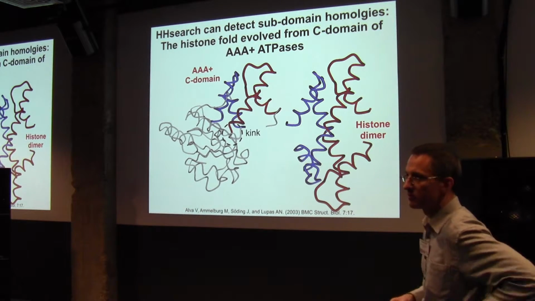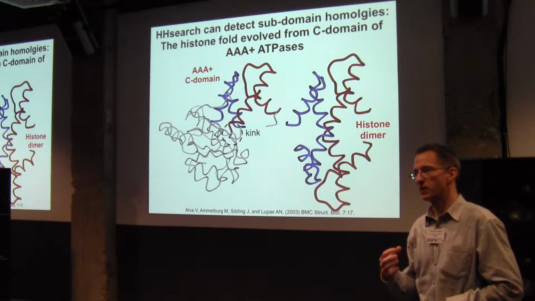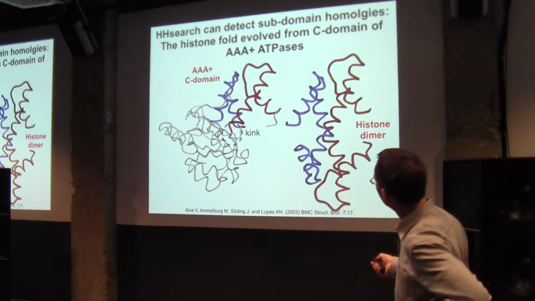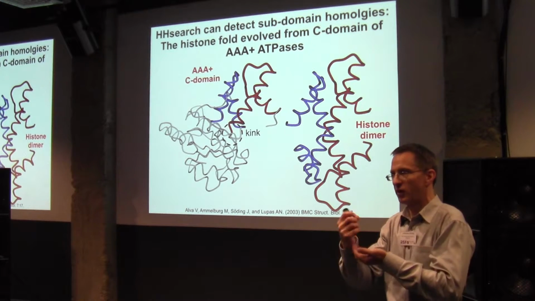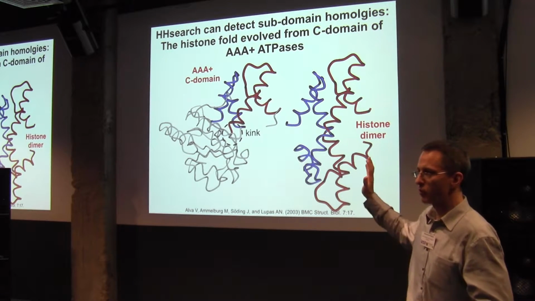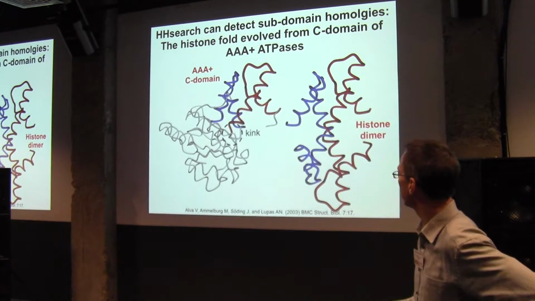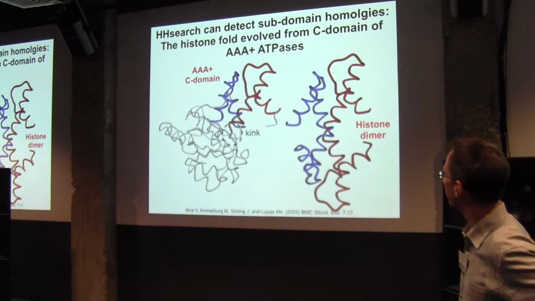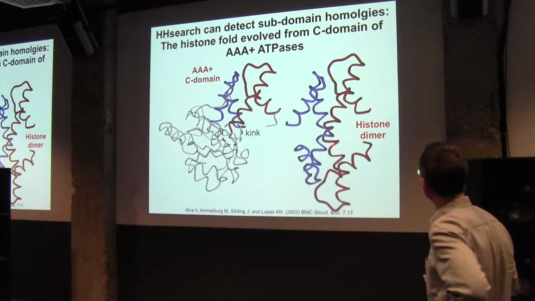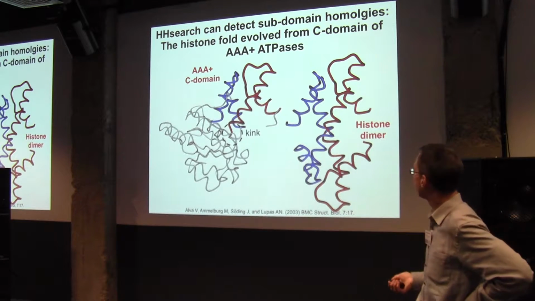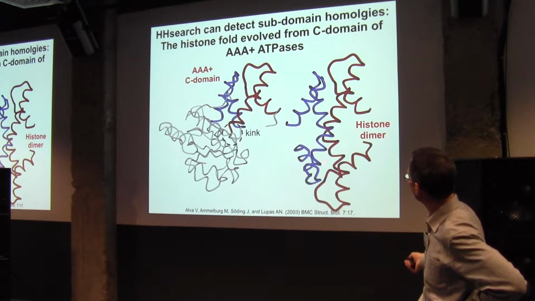It's a big family of mechanical motors. Upon ATP binding, this C-terminal domain moves. It's, for example, the basic working unit in helicases and, I guess, also topoisomerase. Many motors that work in the cell. And this is the histone dimer fold. Of course, both of them are very central to life. This one is everywhere, and this one is in eukaryotes.